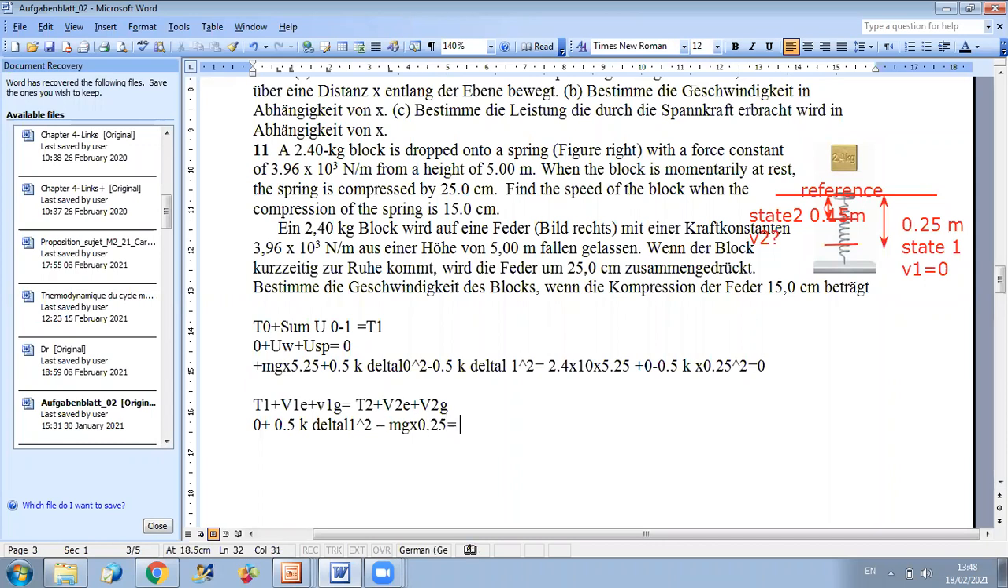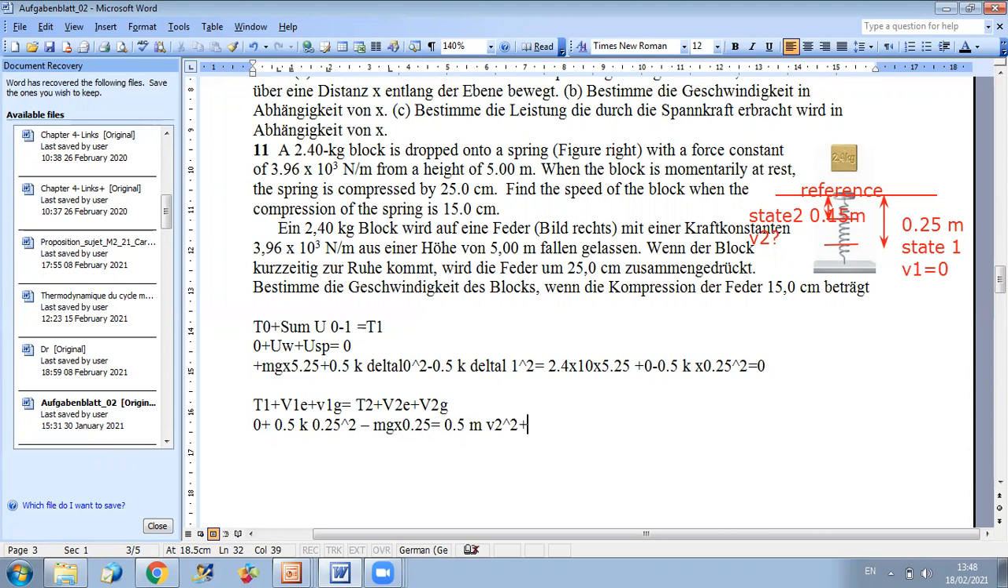Equals to, and of course what is delta L1? Put in place of delta L1 its value, which is 0.25. So delta L1 I can directly replace by 0.25. And at the final state, what do I have? T2 is what I want to find, because I don't know the final velocity V2. So I will write T2 is 0.5 times mass of the block times V2 squared